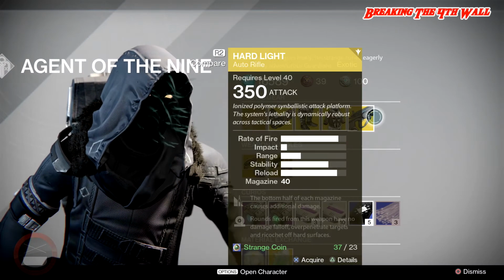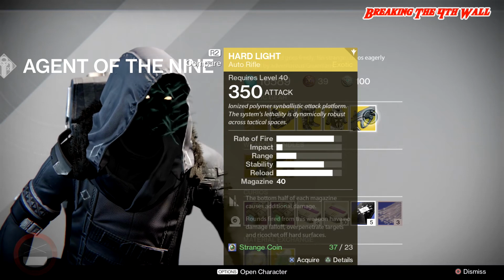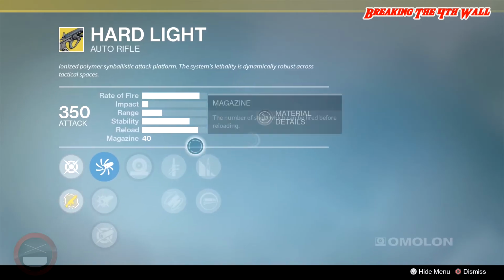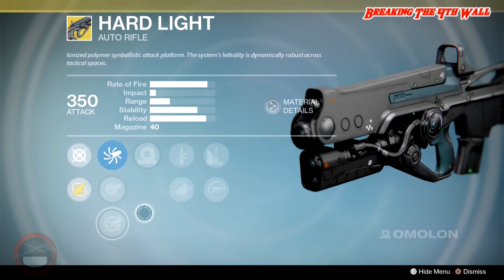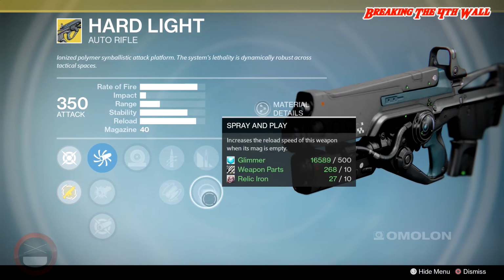The weapon of the week is the Hard Light, which is an exotic auto rifle with a high fire rate, low impact, not so good range. Stability is okay, with a nice reload speed with a magazine of 40. Perks on this are Accurized Ballistics, CQB Ballistics, Aggressive Ballistics, Volatile Light, Quick Draw, Fitted Stock, Glass Half Full, and